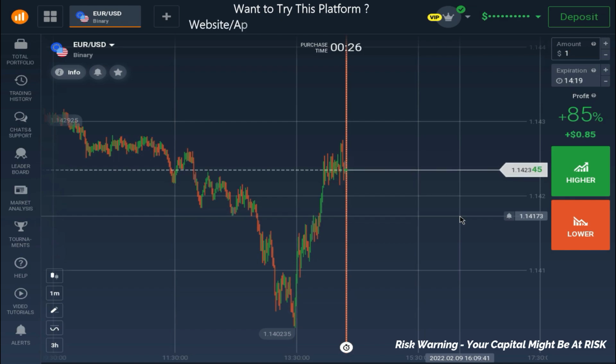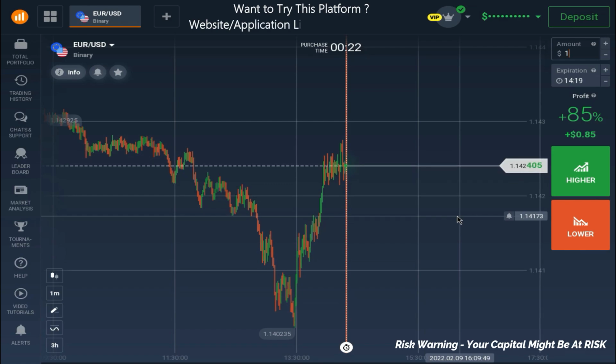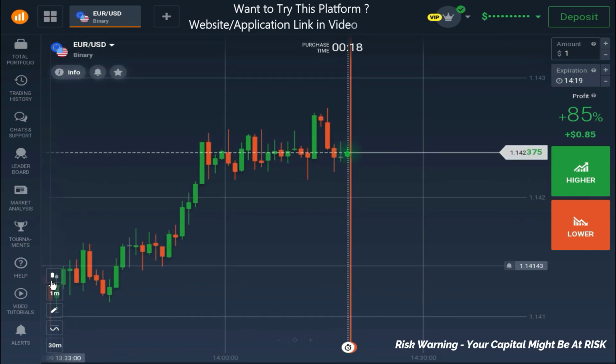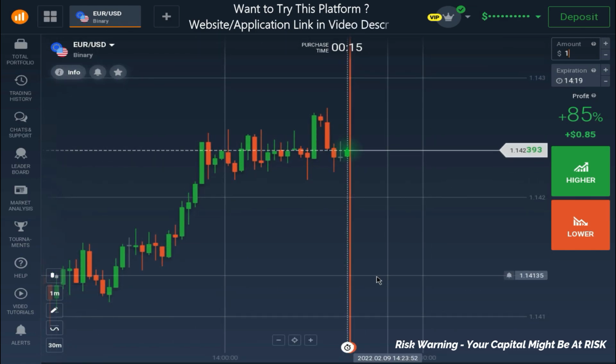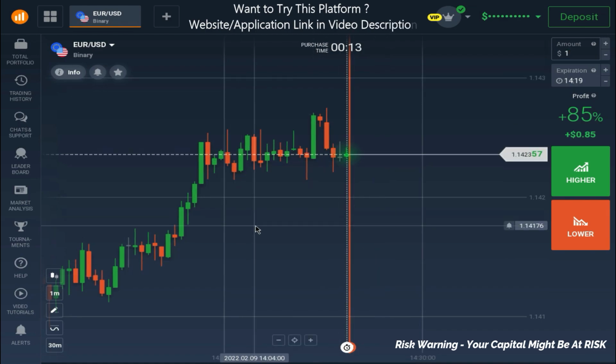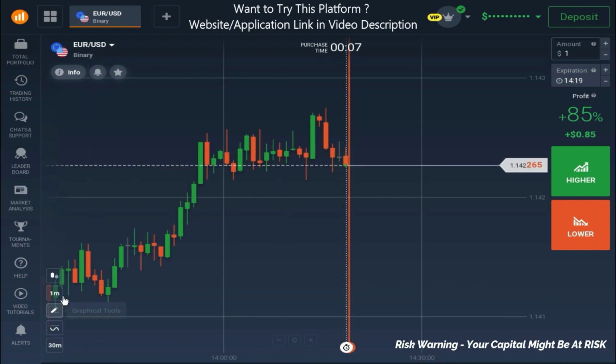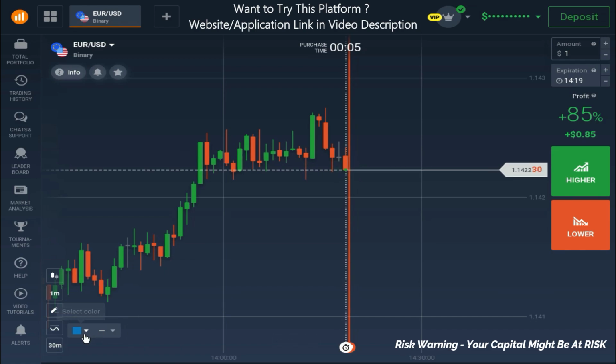Let's try to analyze the chart by using candlestick analysis and support and resistance levels. As you can see, we are on the Euro US dollar chart. This is a 1 minute candlestick chart, and we'll try to draw the levels first, and after that we will try to understand where the market is going and the reason why. So first of all, I can see that